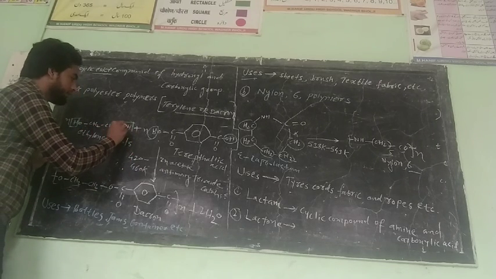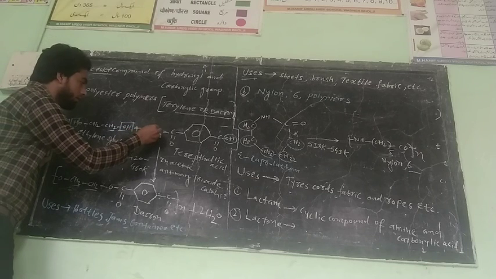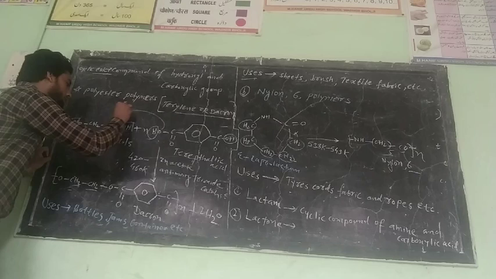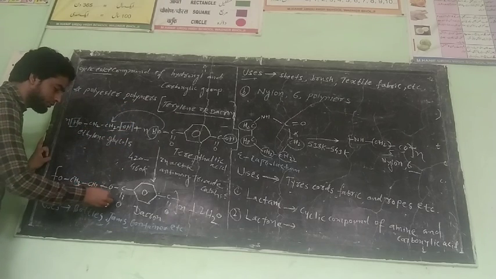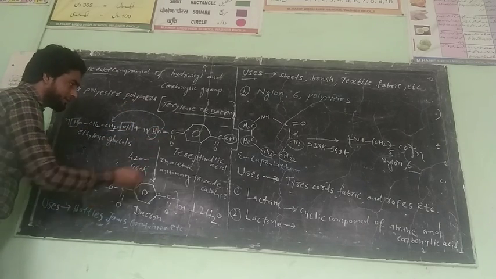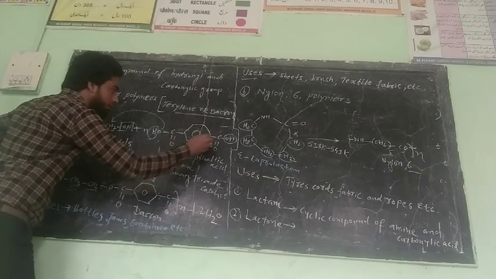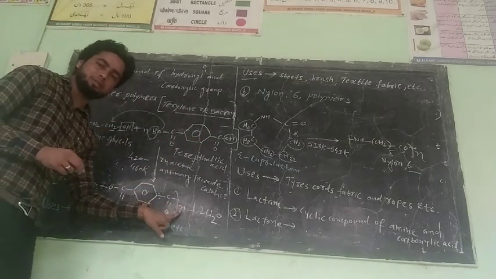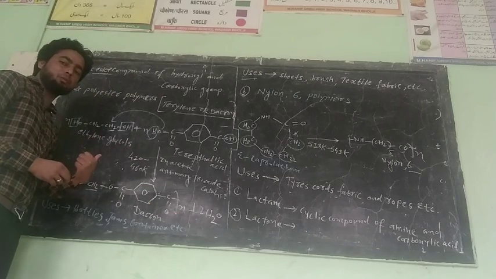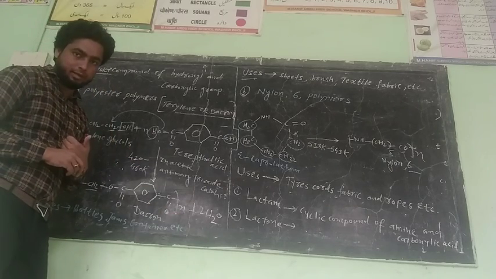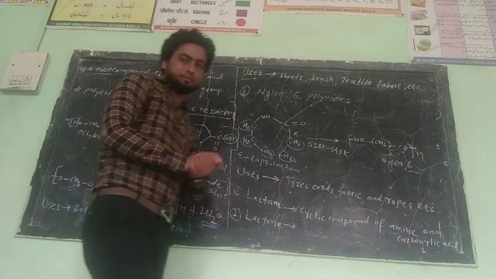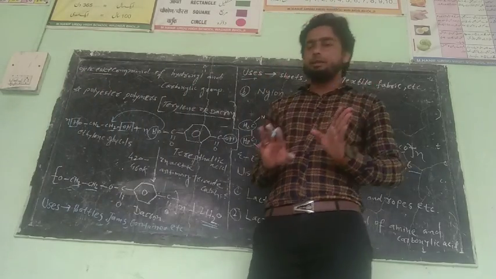Clear? Then this O is attached to this CH2. So this CH2 is attached to this O, and this O is attached to this CH2. The remaining CO group stays as it is, the ring also as it is, this OH is lost, then attached. This n indicates the polymer, and the n before indicates the monomers. Clear? And how many water molecules are lost? 2 water molecules are lost. Clear? Okay, simple reaction.